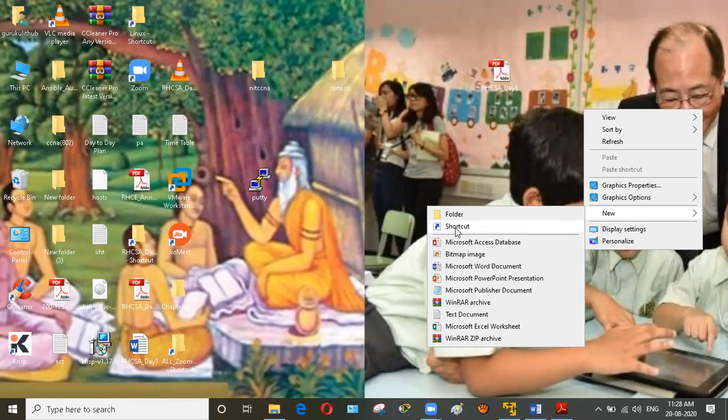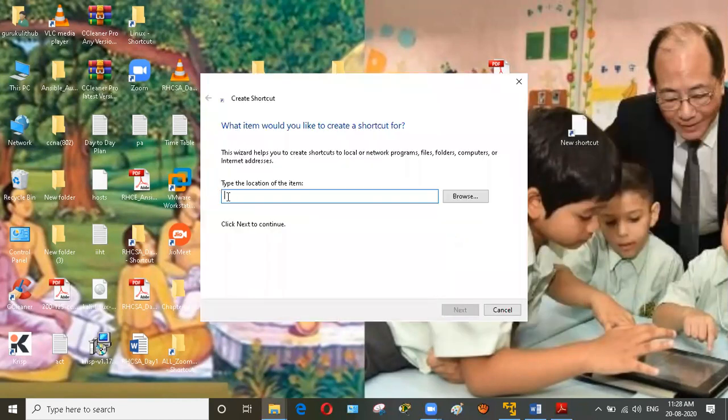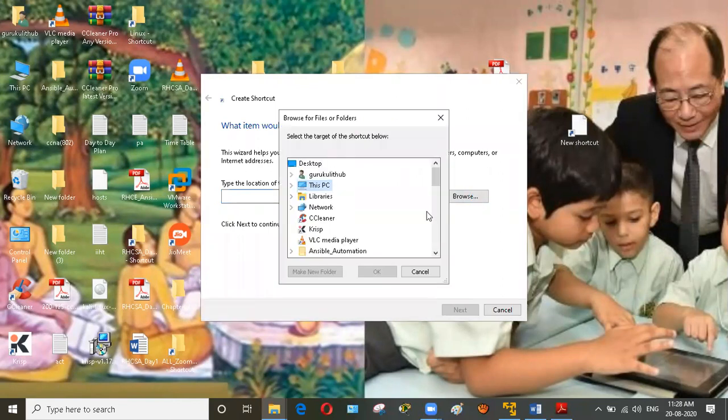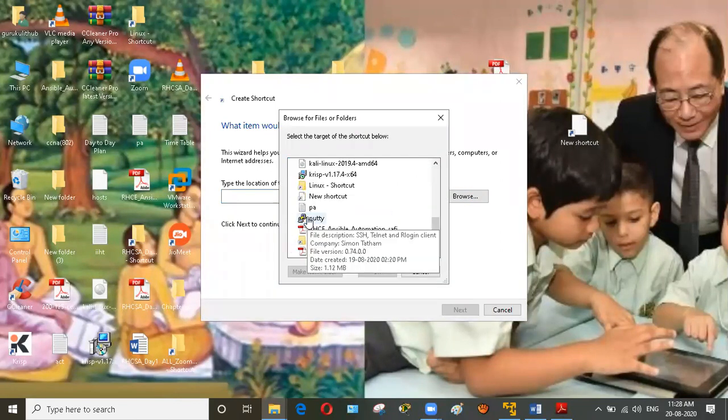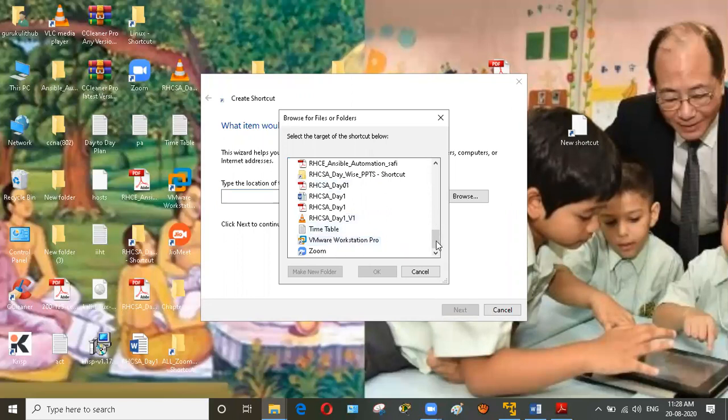When we want to open any file from any location, we can create a soft link. Click on shortcut and specify the path from which location you want to open the file. From desktop, I want to open a file that is located in any location. It can be C drive, it can be D drive. I want to open one file from D drive. We have a D drive option also here.